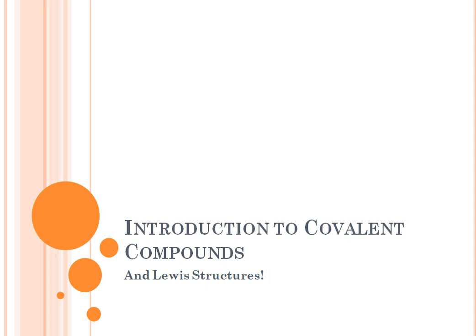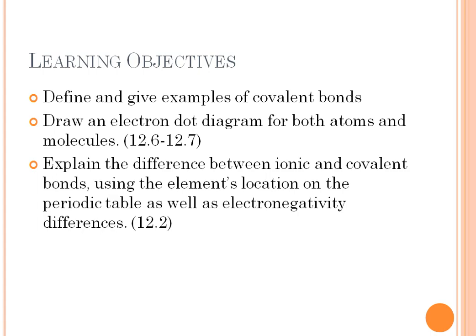So, to start off, these are the learning objectives for today. First one is to define and give examples of covalent bonds. Also be able to draw an electron dot diagram or Lewis structure for both atoms and molecules, and you can find that in 12.6 and 12.7 of your book. And lastly, explain the difference between ionic and covalent bonds using the element's location on the periodic table as well